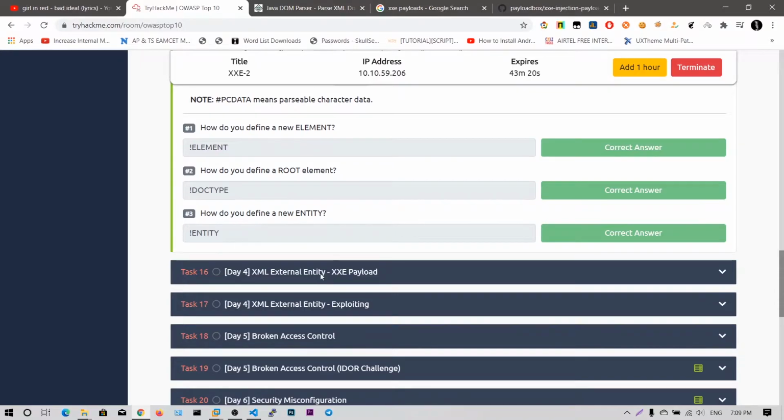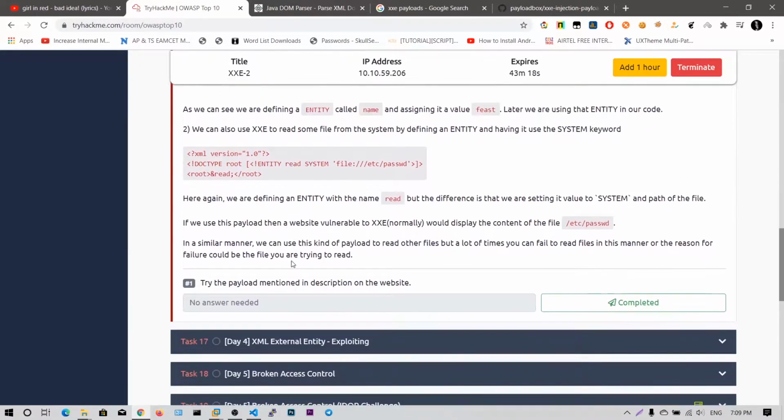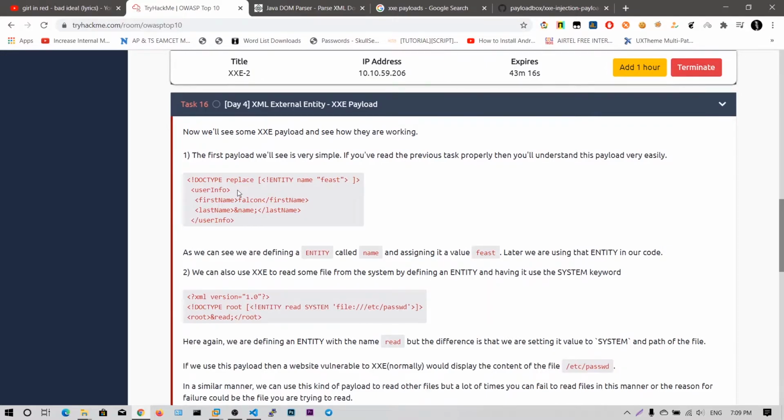Now let's see what an XXE payload is. Let's look carefully here. In this data, special characters are not allowed, like quotations, backward slashes, forward slashes, etc. To use those special characters in the data, you need to specify a variable. So you need to give an entity name and specify the feast value.